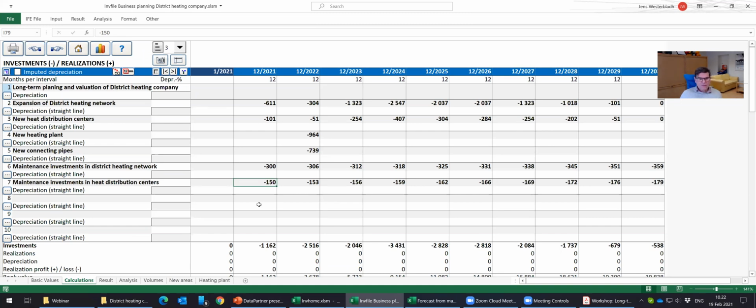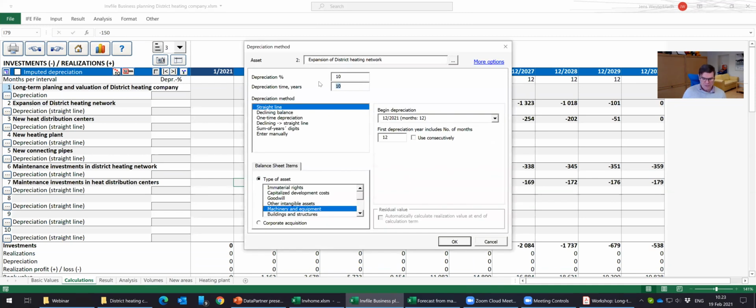So now it's just the depreciations. They were defined so that for district heating networks, it's 50 years. So that's the first one, district heating network, 50 years. Straight line depreciation, machine equipment. Begin depreciation. Well,